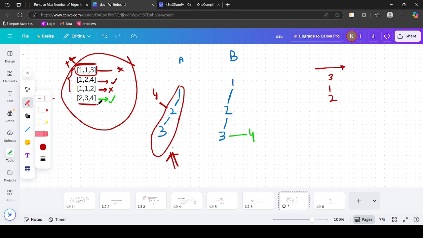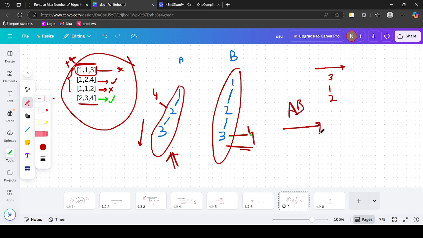Let's come to type 2. For 2 3 4, 3 and 4 are not connected in the earlier graph, so add an edge and don't remove it, because we must add this. And finally complete the iteration. From this we understood that it is better to process the AB edges first, and after that, by maintaining DSUs for both, we can add an edge based on whether they are already connected or not.